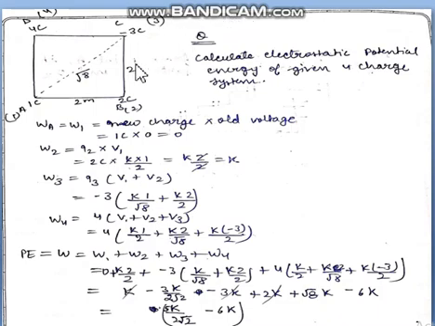Let us number these charges so that we can remember which charge we have brought till now. So suppose this is the first charge, this is second, this is third, and this is the fourth charge. First of all, none of the charges is present here, we have to assume it. Now we will bring the 1 coulomb charge from infinity to location A.